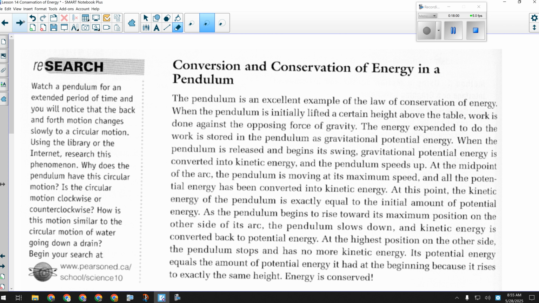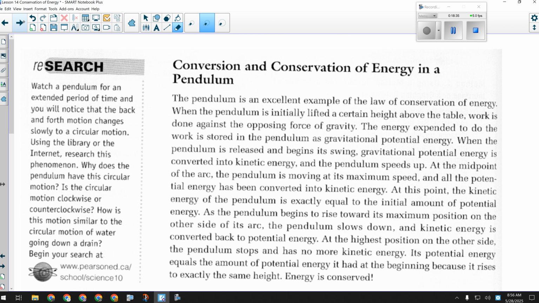Turning it into kinetic. As it swings through its arc, it speeds up, slows down, speeds up, slows down. It's just constantly converting the initial amount of mechanical energy that I gave it, in the form of potential energy, into kinetic. If this was a perfectly isolated system where there was no friction or anything like that, this pendulum would swing forever. And I'd hypnotize you all and you'd be clucking like chickens. But it would just go back and forth, back and forth.